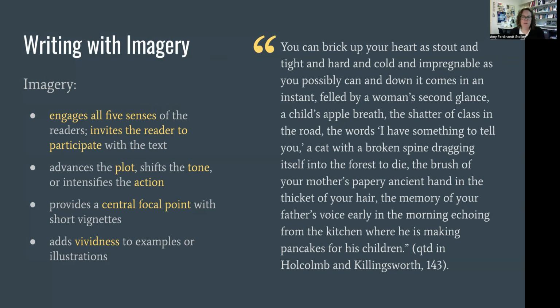So that's just a perfect example of how the author is using all of the senses, sight, sound, smell, touch, to really grab the reader's attention and to evoke this idea that as much as you try to protect yourself, these small little moments of human life, of human sensing, can kind of break down all of our barriers. And so it's a perfect example of how imagery can convey something in a much more powerful way than simply